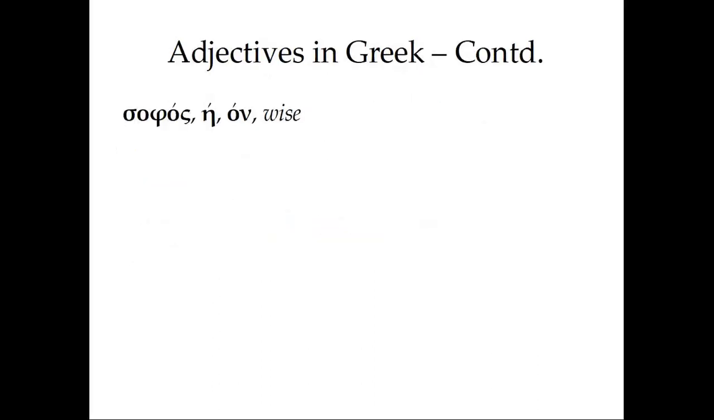So let's look at an adjective. Wise. Sapos, sape, sapon, wise. This again is the basic form in which all adjectives will be introduced in the readings. What we have here is the singular masculine nominative, sapos. That's the first form. This also happens to be the lexical form. If you want to look this adjective up in the lexicon, you're going to look it up under sapos, the